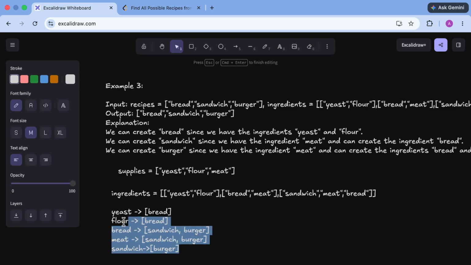Once you have created the graph and in degree calculation, you have initially supply that doesn't depend on anything, it's raw material, doesn't depend on any other ingredient or recipe. So it's a basic one. So what you need to do, that will be zero dependency, right? Meaning zero in degree, no dependencies on other ingredients. So you just create a queue for these because they have zero in degree, and try to